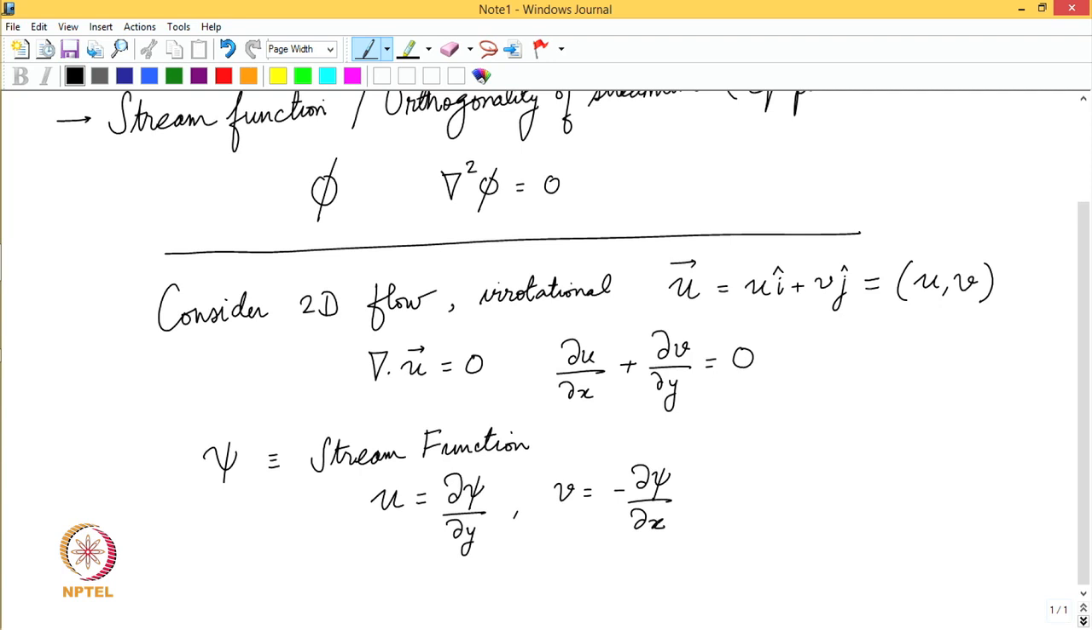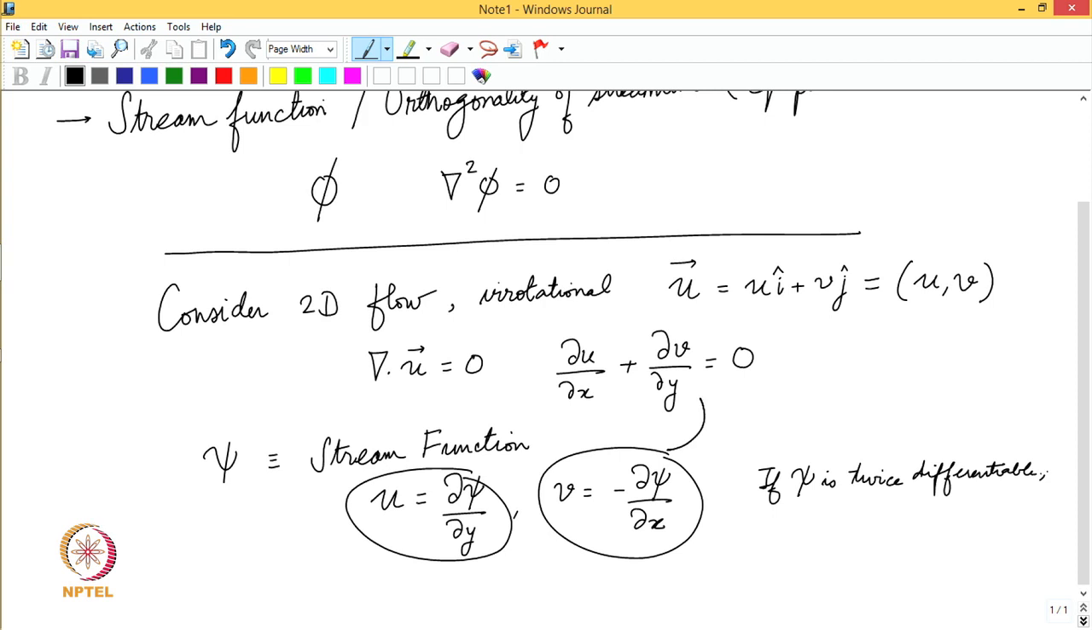Now, if the function psi is twice differentiable, which would mean we can take two derivatives, especially the mixed type, with this function, then we can see that if I plug in these notations into the continuity equation,